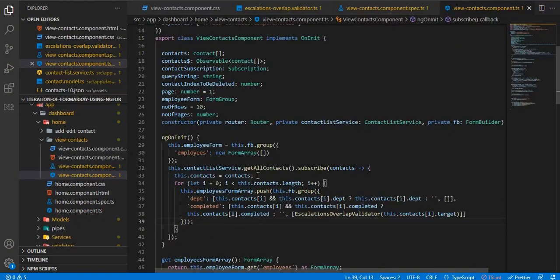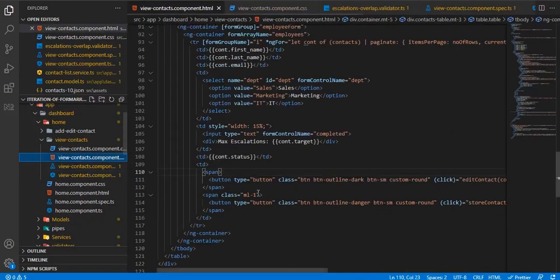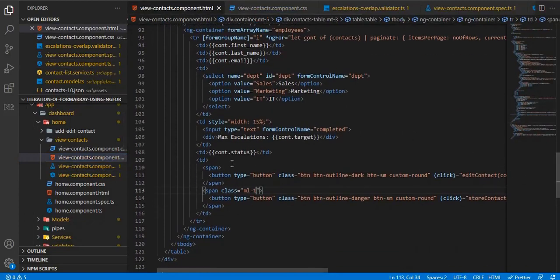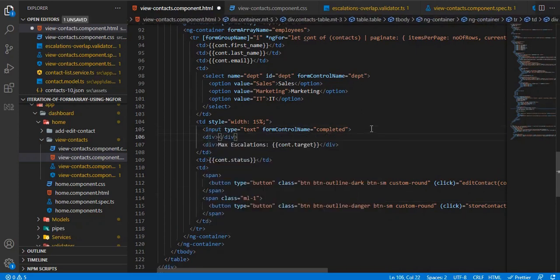Okay, once this is done, what we need to do is go to the HTML. We need to catch the error. So here's the input box. Let's say we create a div and give it a class red text.